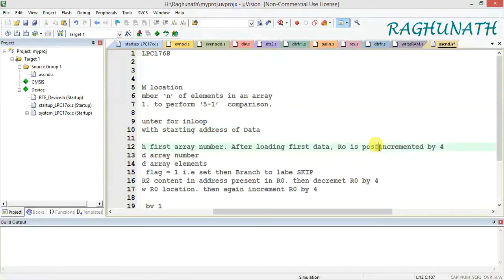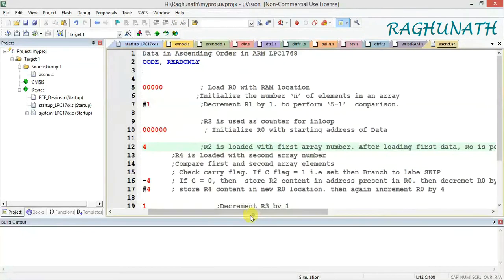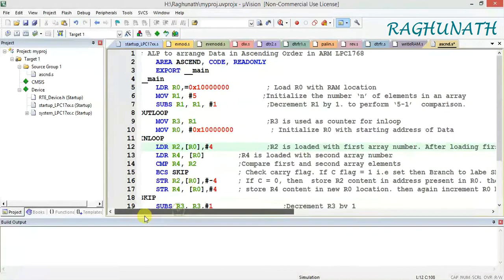After transfer, R0 is incremented by 4. You can see in single step, once the data is transferred, R0 will be incremented by 4. So next, you have to load the new value of R0. R0 is incremented by 4, no?